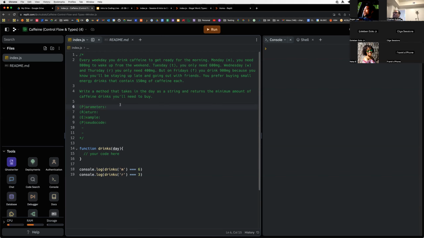You prefer buying small energy drinks that contain 150 milligrams of caffeine each. Write a method that takes in the day as a string and returns the minimum amount of caffeine drinks you'll need to buy. All right, so we're going to have one param coming in, which is a string that represents